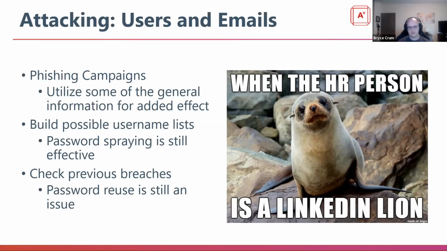So if you do get email addresses that you have identified as valid by some manner, whether that be through a web app that's giving a verbose error message on login or something of that nature, or you have an OWA server, which makes it really easy, take that information and run it through previous breach information such as Have I Been Pwned by Troy Hunt. Great tool for defense as well. But it's also something that can give an attacker insight into whether this individual has been compromised before. Maybe they're still reusing this password somewhere else.